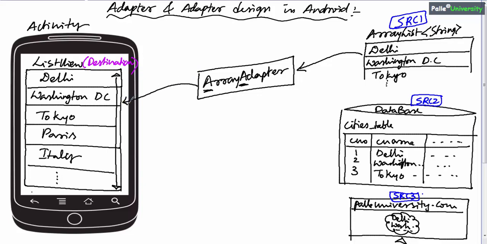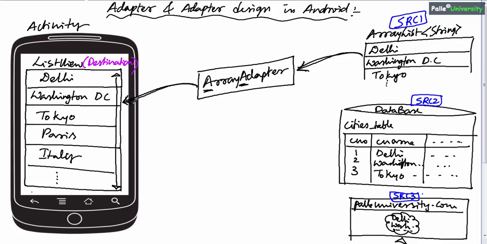That means data comes from the array list to the ArrayAdapter and from the ArrayAdapter to the list view. Remember, in order to understand this adapter concept very clearly, I strongly recommend you go through the complete collection framework concept and generics concept of Java. If you have not gone through those concepts, go back to them and then later come back to this concept.